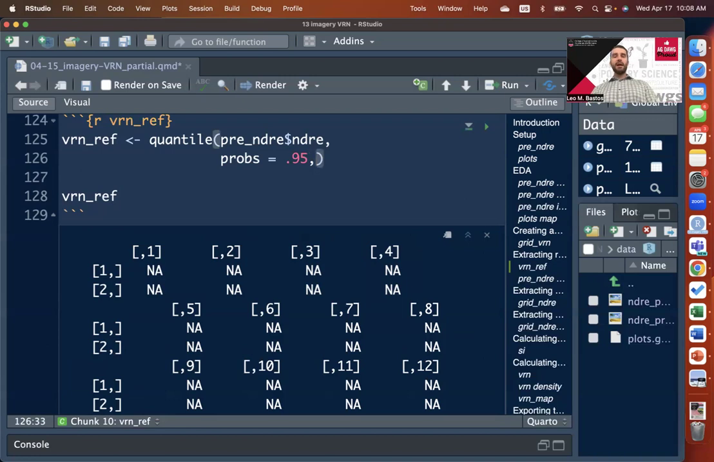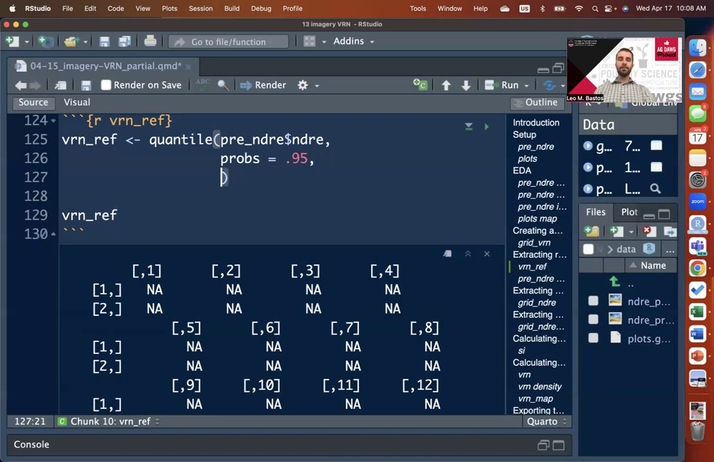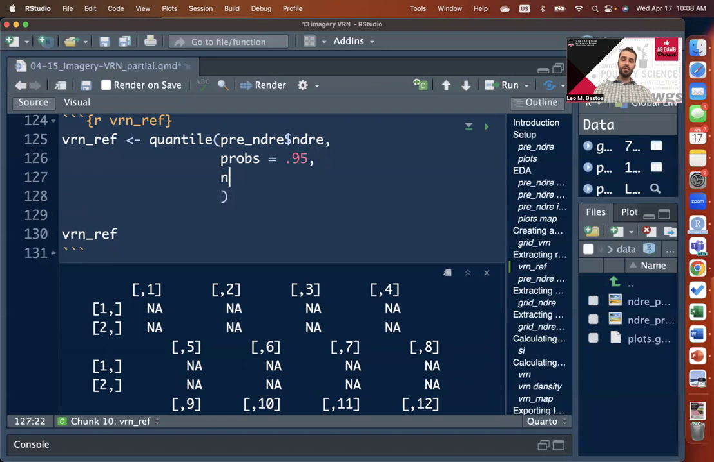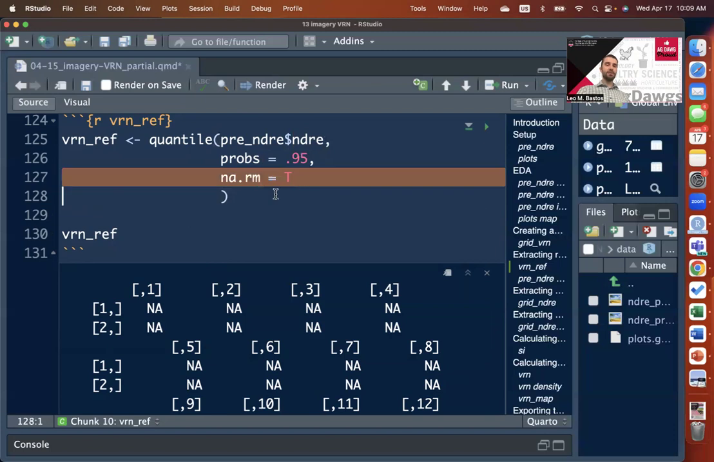And then because we have so many NAs here, if you remember, with quantile, the mean, median, minimum, maximum, standard deviation, all these functions, if you have NA in the column that you're asking for that statistical summary, it will throw you errors. So to avoid that, we have an argument called na.rm. So remove NAs, we need to say TRUE. So we're extracting here the 95th quantile of the NDRE, removing NAs first, and assigning that to this object called